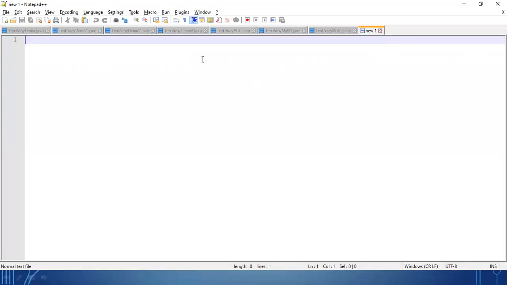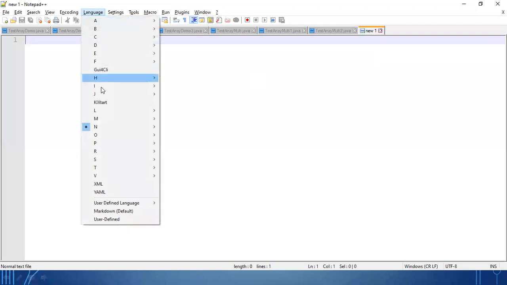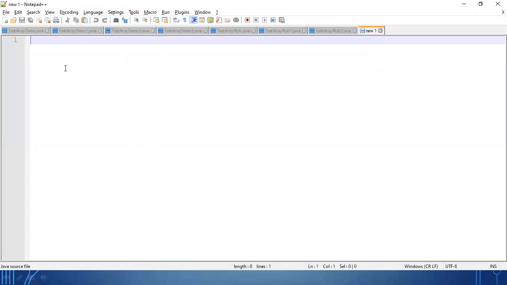For that, let's select language J for Java. Demonstration of jagged array.